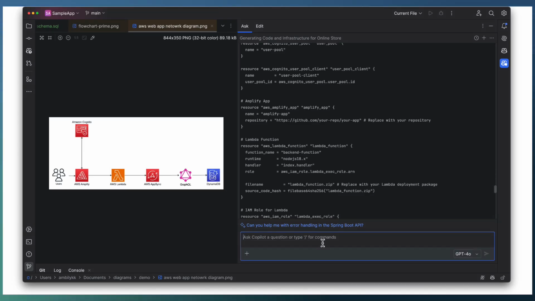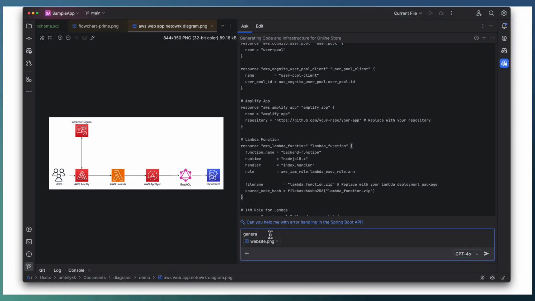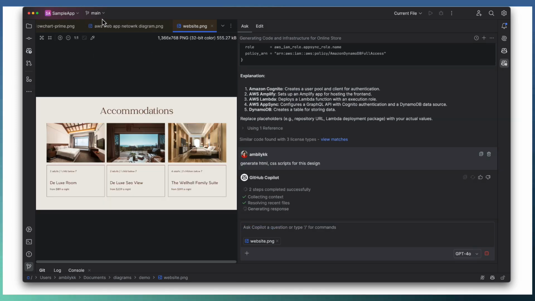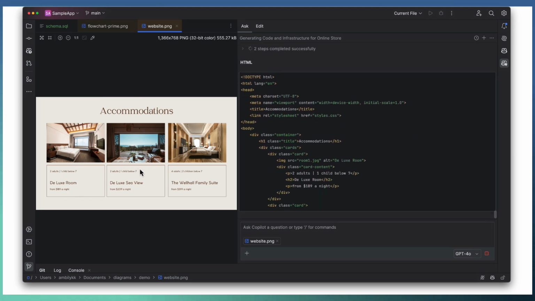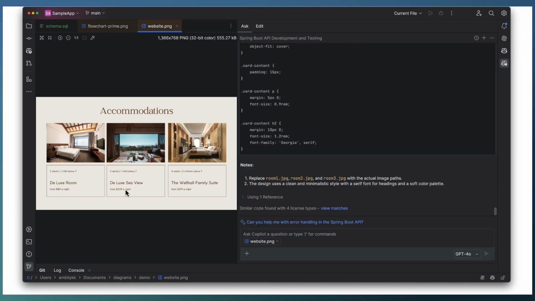We are quickly generating a screen design. In our case, we have a website design and are asking Copilot to generate HTML and CSS scripts for this design. Our web design looks this way. It's a simple accommodation page with 3 cards, an image and associated data points.